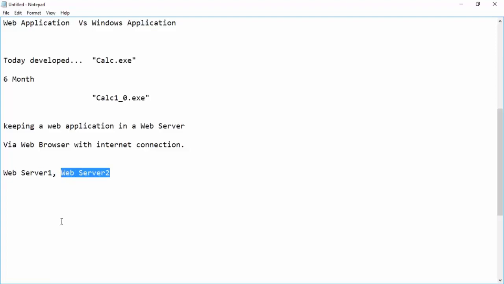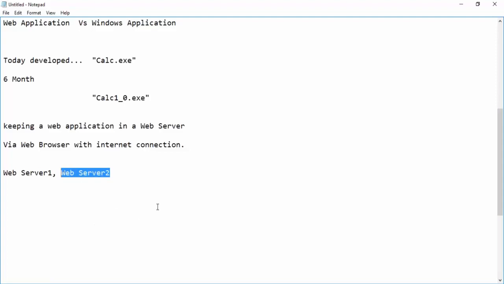So as long as you are changing or adding some enhancements to the web application, that will be taking place in web server 2. So users will be connecting to web server 1, accessing that application without any interruption. Once they feel that all the application enhancements are done, they will be testing that.